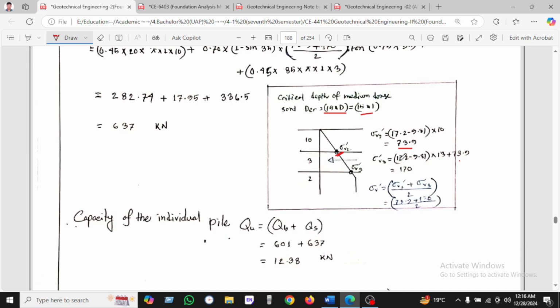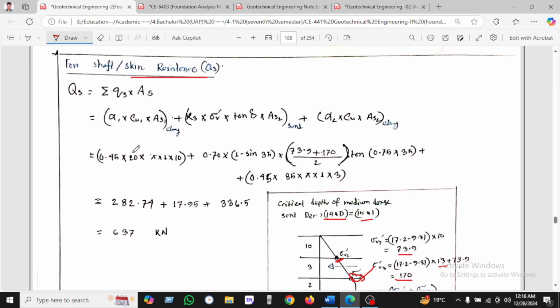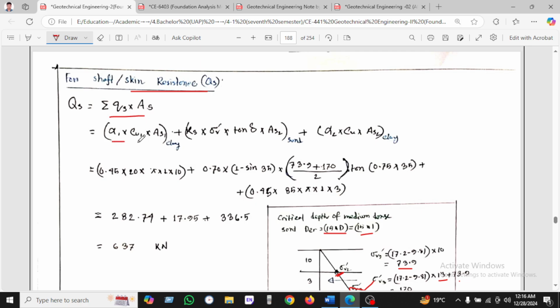73.9 plus 72.2 minus 9.8 into 30 plus 13. This value will be here, and ultimately the value is found. The sigma vertical is the critical depth. Okay, so let's see, Q equal to S, alpha Cu S, alpha is a value, Cu is a value, and S we know